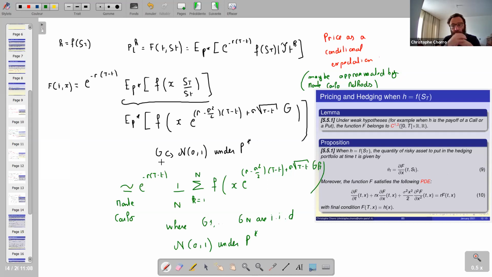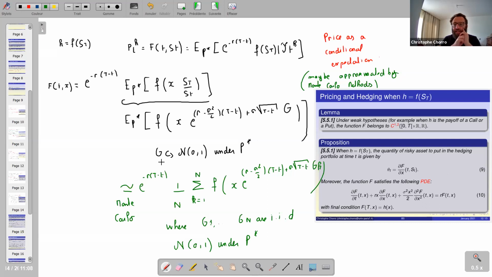And what is nice with Monte Carlo methods is that I know that using the central limit theorem, I have the possibility to build confidence intervals to control the error I make, and so on and so on. Now we are going to adopt another point of view. In proposition 5.5.1 we are going to see now